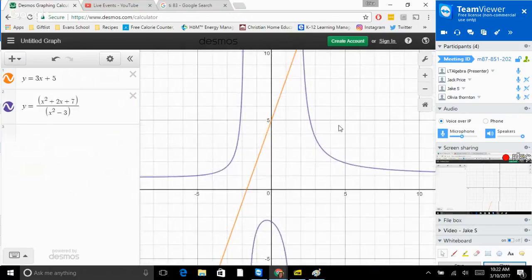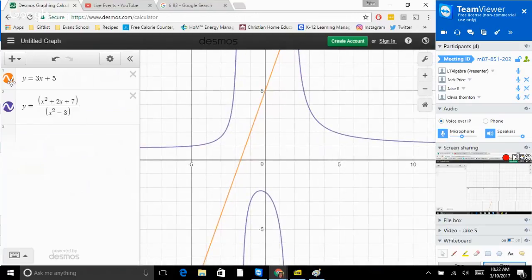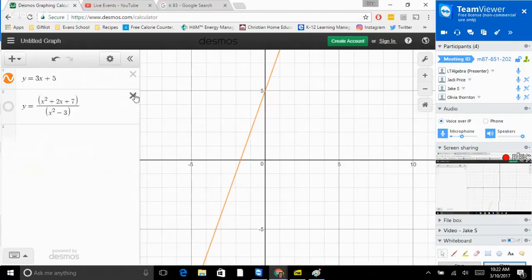This crazy looking graph in purple. What this represents, and we're going to talk about this in a week or two anyway, so it's not like you're just learning things. I'm going to take this crazy one off. So if you see y equals 3x plus 5, if I say x equals 0, that means 3 times 0 plus 5. That means y